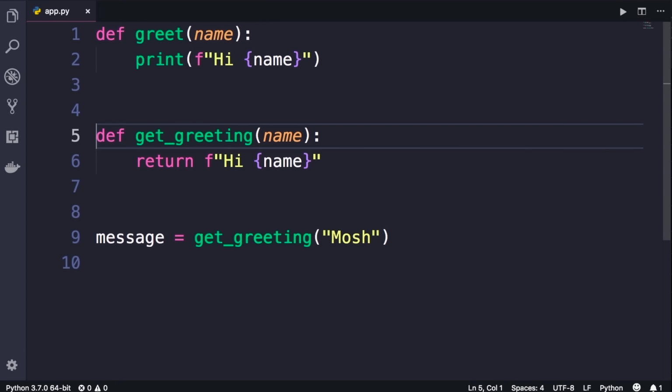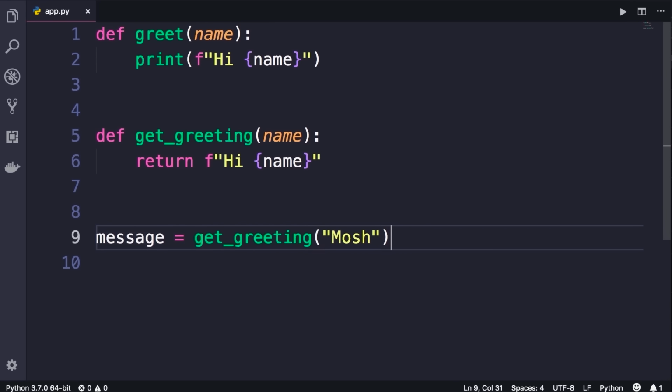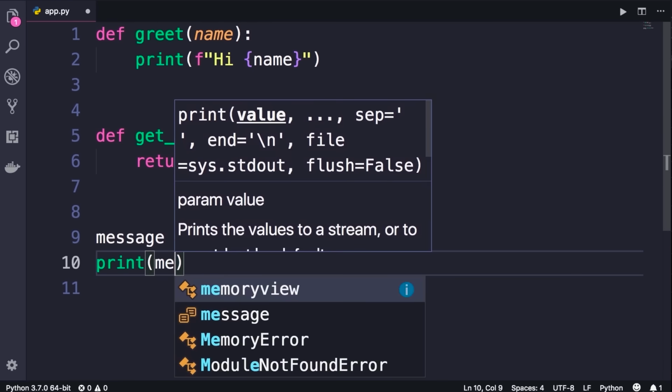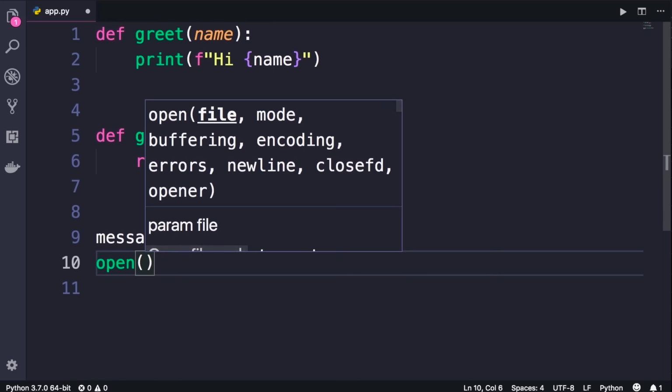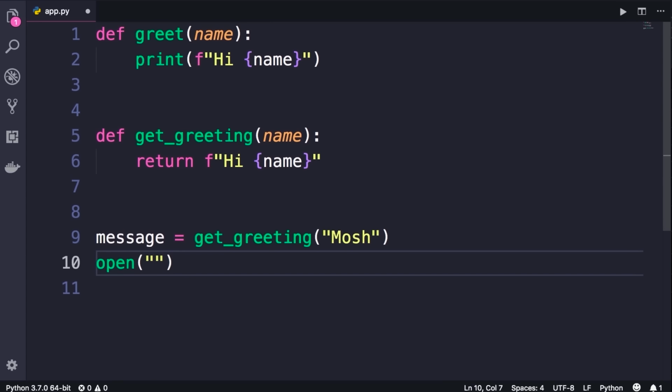In contrast, this second form is not tied to printing something on the terminal. It simply returns a value. Now we get this value and we can do whatever we want with it. We can print it on the terminal, or we can use the built-in open function to write this message to a file. So we can create a file like